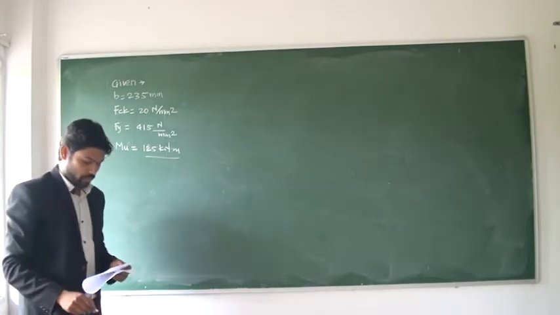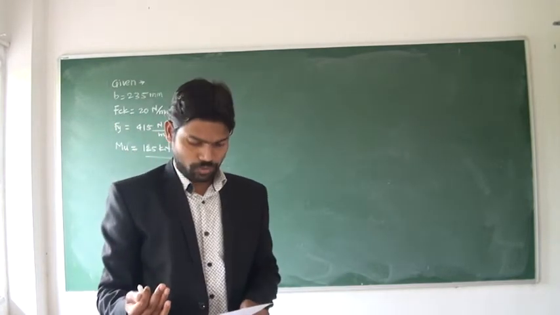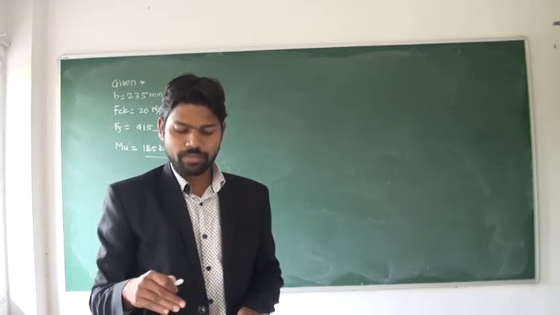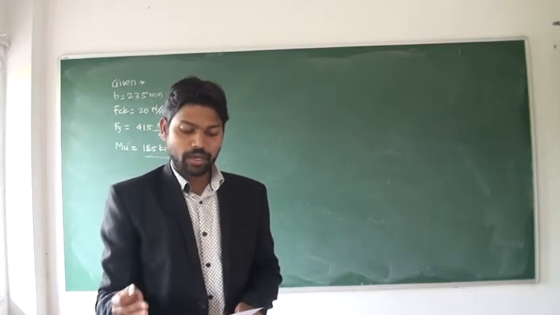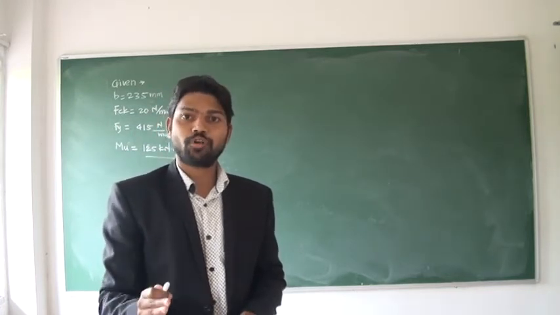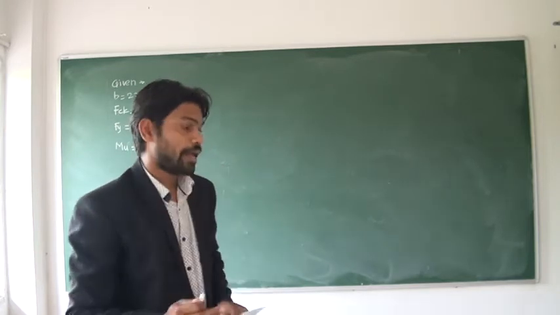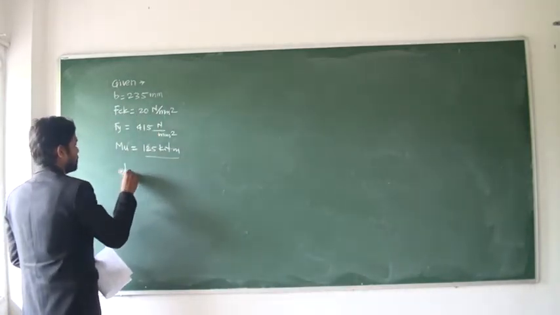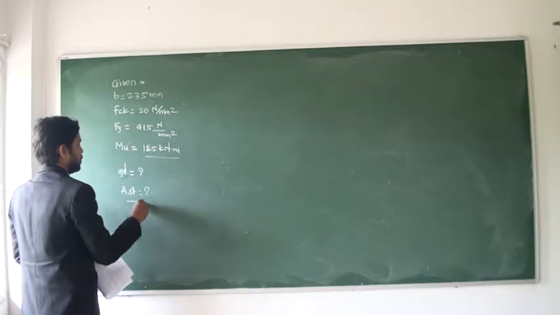So we have to design the beam. What is meant by design? In design you have to provide all the dimensions and material. Out of that, material is mentioned in the numerical, means they have given concrete grade as M20, steel grade is also given. Then in dimensions also they have mentioned the width of beam as 235 mm. Now what we have to calculate? We have to calculate depth of beam and amount of reinforcement, means AST, area of steel across the section. So now we have to calculate D and we have to calculate AST. These two parameters we have to calculate.